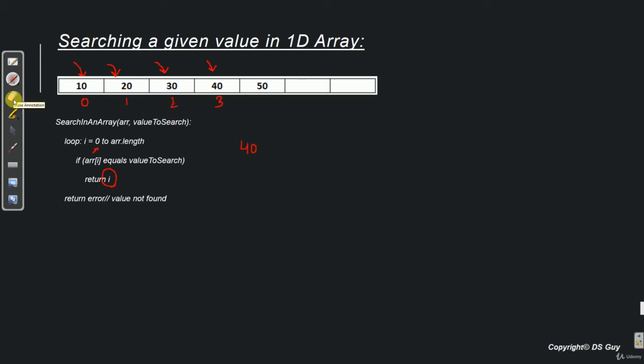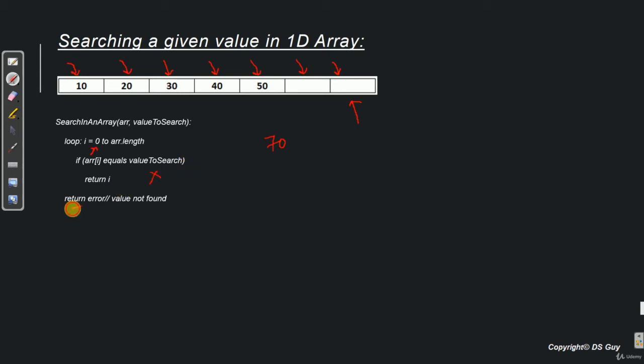Now let's take one more example where we are searching for a value which does not exist in this array. So let's say we want to find number 70. So what this loop does is it starts from 0. So it goes to 0 cell. Is it equal to 70? No. Is this equal to 70? No. Is this equal to 70? No. Equal to 70? No. Equal to 70? No. Is this equal to 70? No. This is blank. Is this equal to 70? No. Now that we have come to the last cell of this array, hence this loop will terminate here and